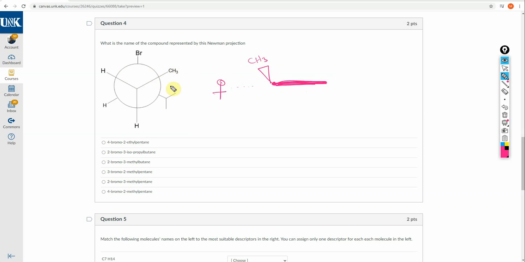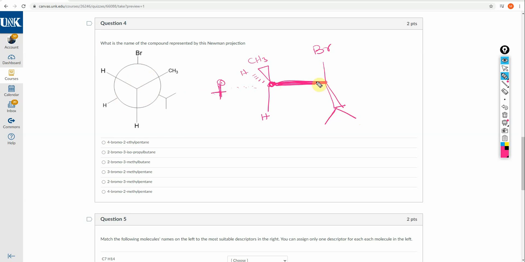And make sure you use models to really understand how I'm translating this. Alright, make a model, change its point of view and change your vantage point to keep this carbon in the front, and that way you will be able to see that you have a CH3 on the right, and then you have a hydrogen on the left, a hydrogen coming here on the bottom, and then on the carbon behind you have a bromine. This is a staggered conformation, so the bromine is here, and then to your right, if you're looking at it from this angle, this is the carbon in the front, this is the way you're looking at the carbon in the front, and to the bottom on the right hand side you have your isopropyl,